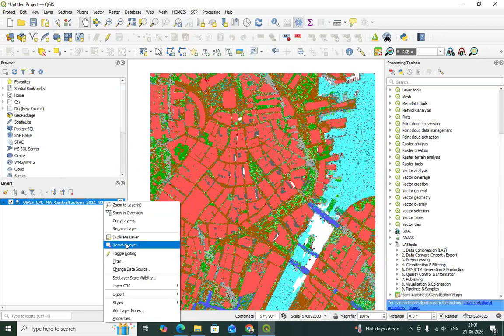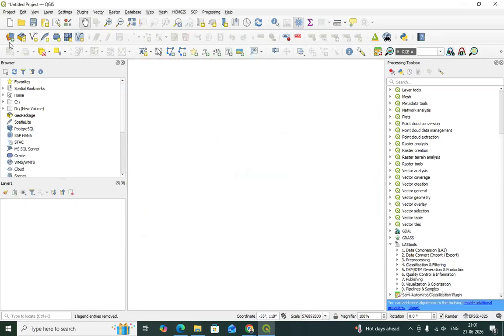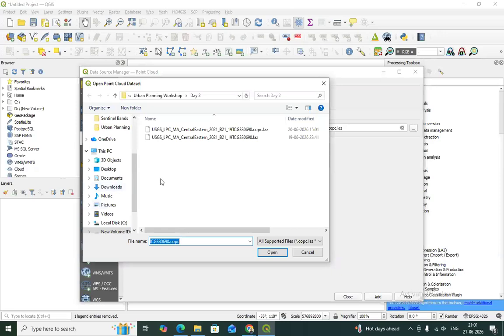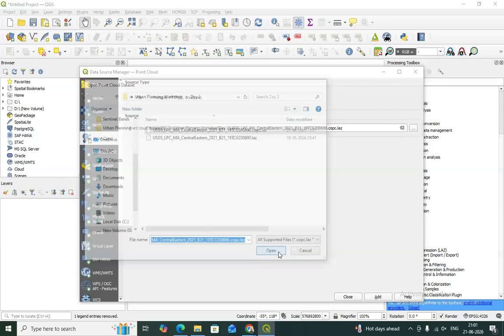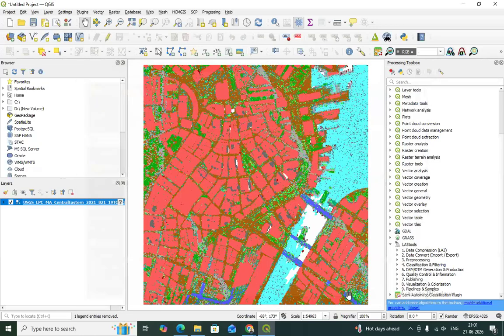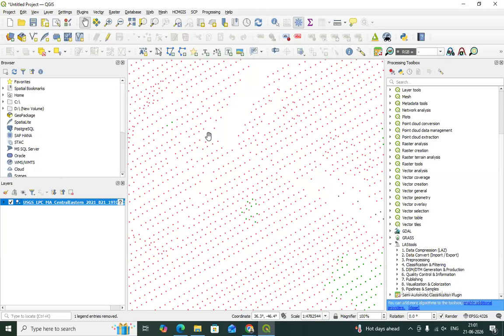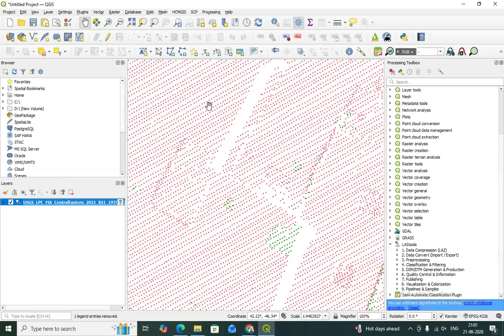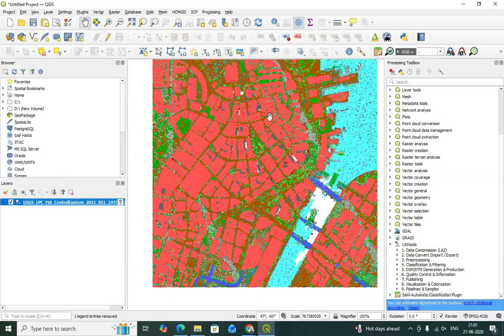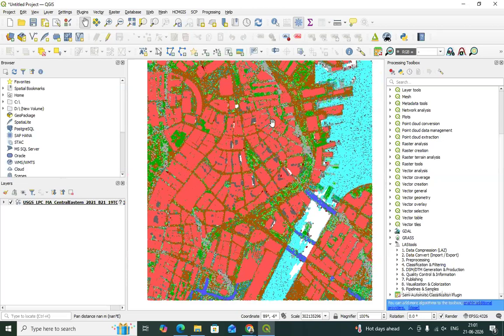Yes, so I delete this layer. I go to data manager. Okay, point cloud. Then I go to this box to locate the data. And wherever I have kept my data, I select the data, click open. Then I click add and close. So this is how I have opened the data. And if you zoom the data to a sufficient extent, you will see it is just a collection of points. These are the collection of points. So that's why this is point cloud data. But since there are so many points, it appears to us as continuous or raster.